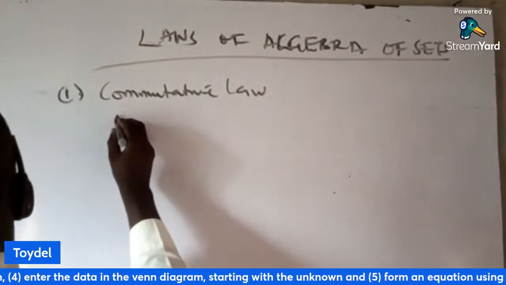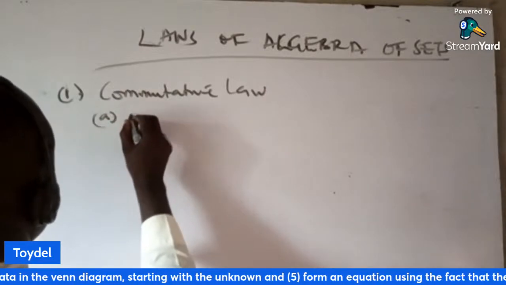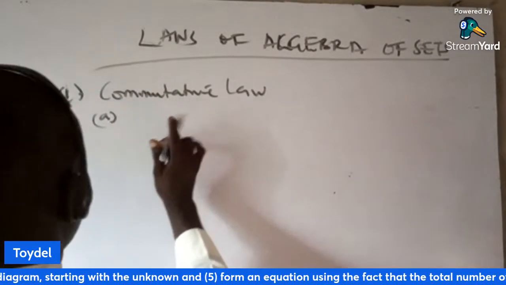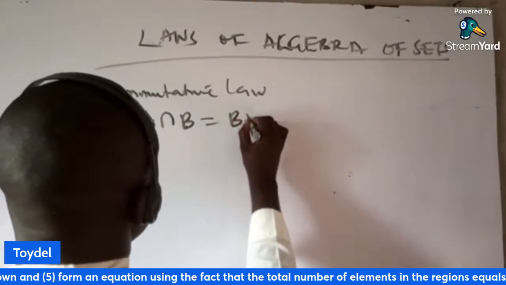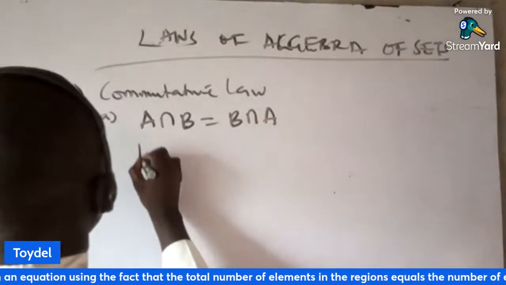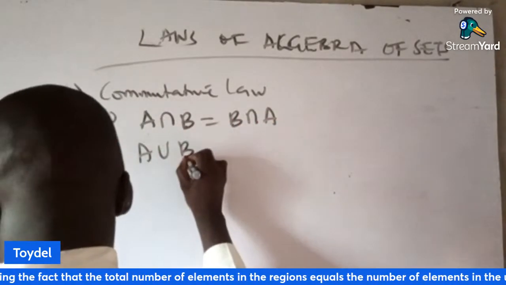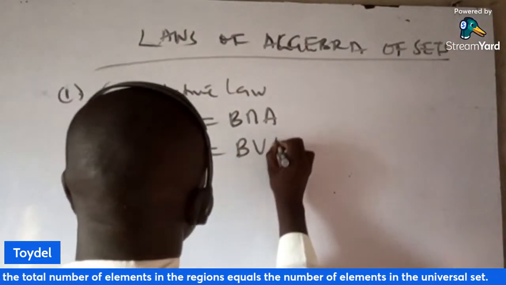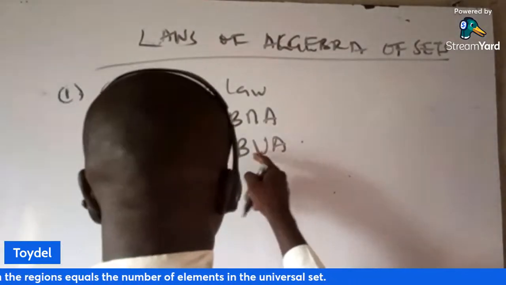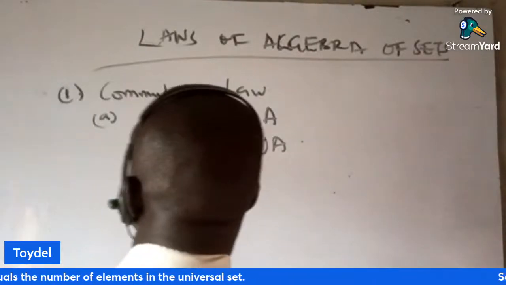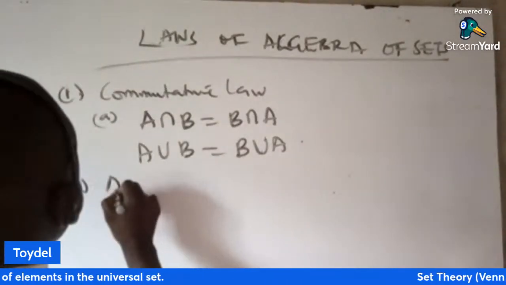In the commutative law, we are able to show with the aid of Venn diagram that A intersection B is same thing as B intersection A. Not only that, A union B will also be same thing as B union A. So with the aid of Venn diagram, we can actually show this. That's the first one. Then the second one is associative